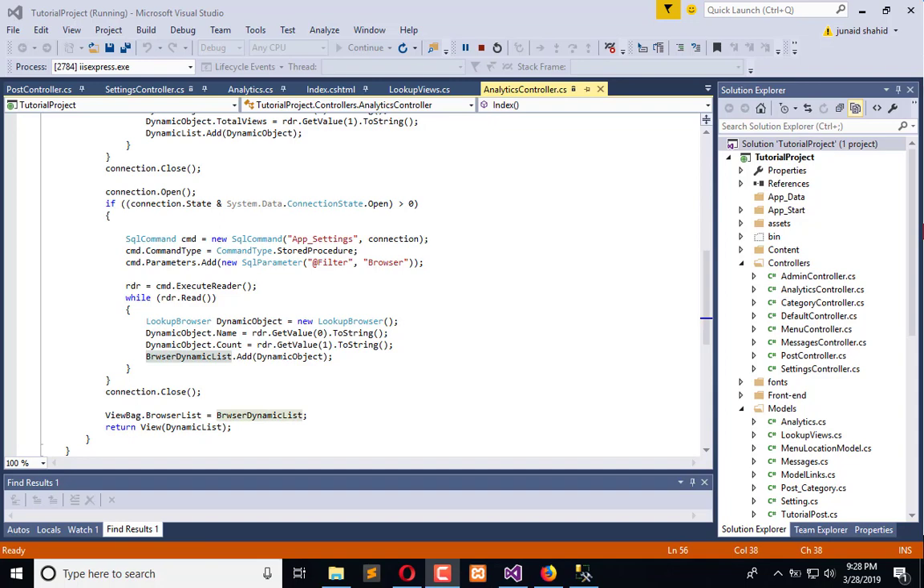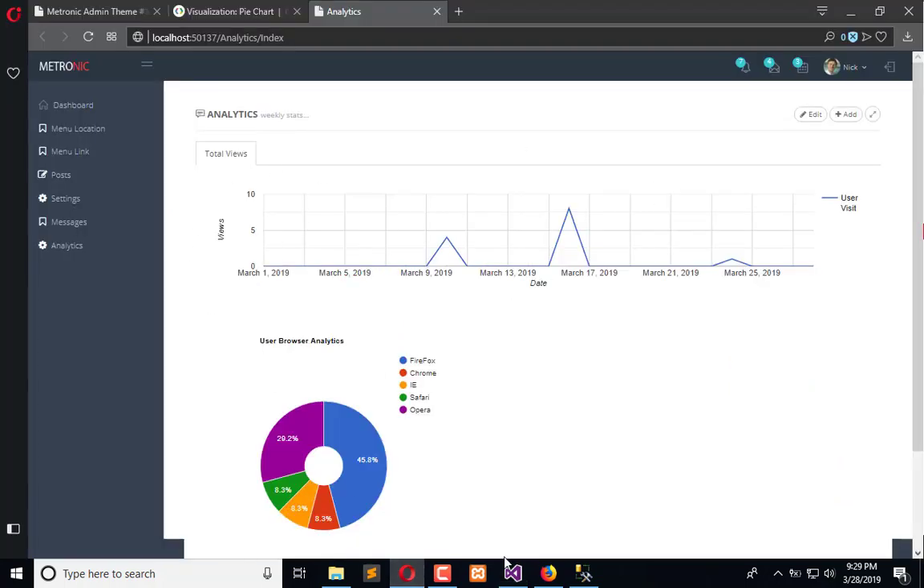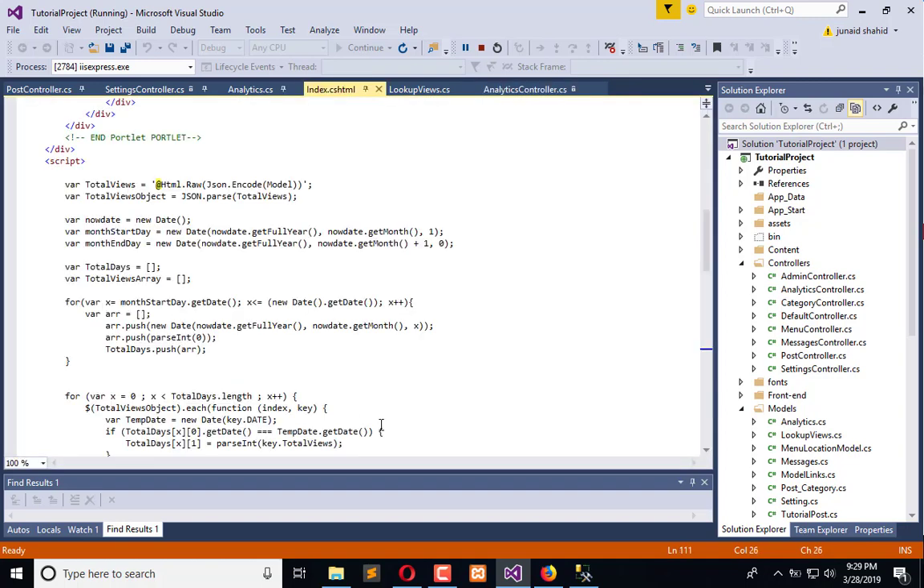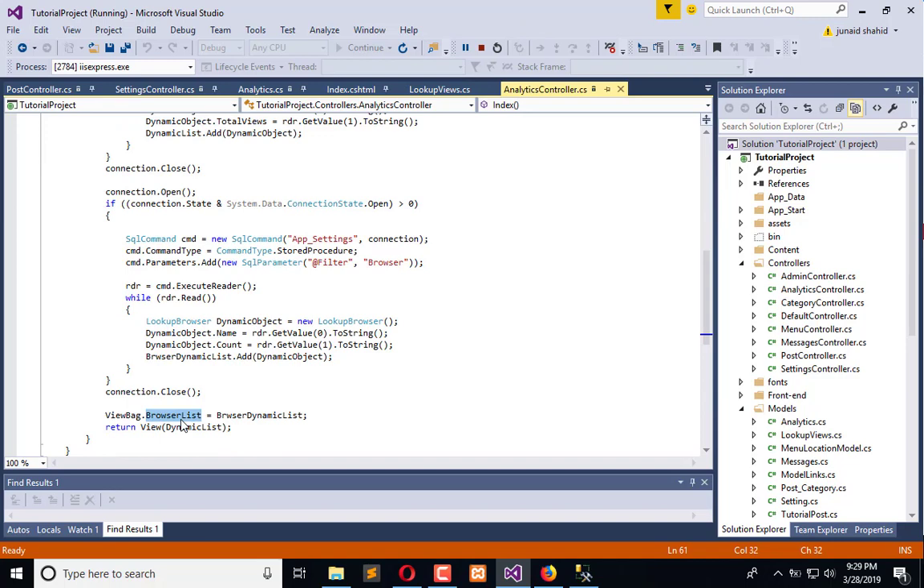In the previous video, we have created the model and fetched the data from the database for the donut chart regarding browser information. Here you can see we have a ViewBag having the browser list, and now we need to render that here. For this we will go to the index view and use this ViewBag and convert the information into JSON. So simply